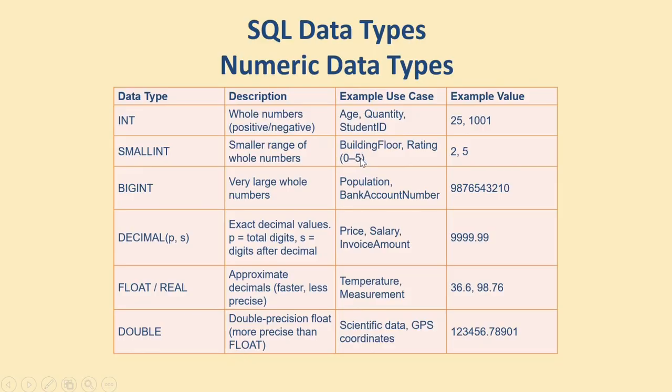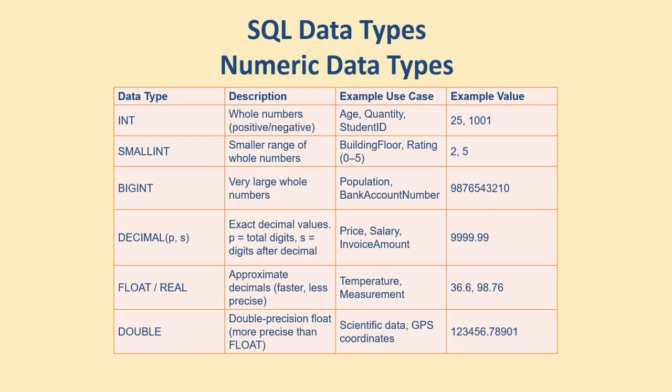So just one position, so we can use small integer. We have also big integer, like the number of population. We have decimal, and here we need to mention how many numbers we want before the decimal comma and how many after the decimal